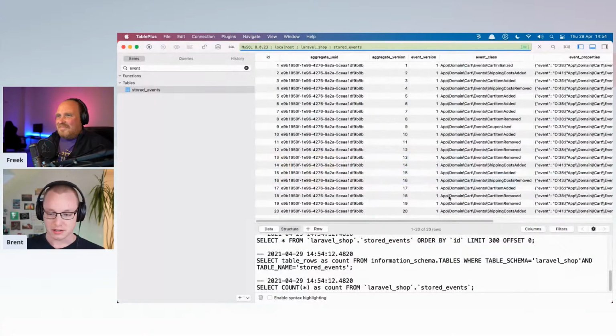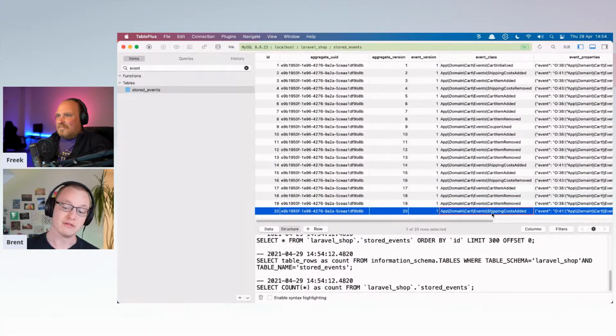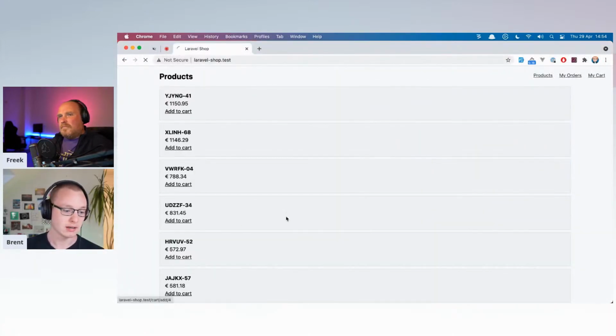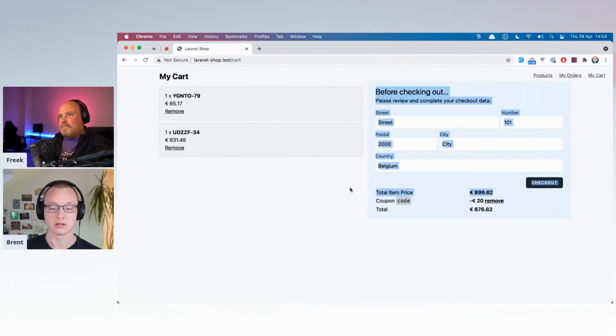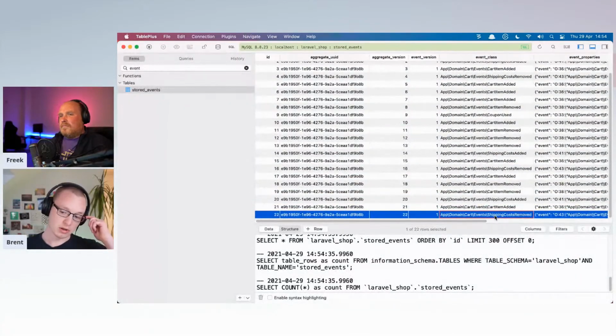So let's refresh our table over here. We remove two items and we can see another event was dispatched, one saying that shipping costs were added again to the cart. And let's add another item again, making our total price more than 100, right? You can see shipping costs were removed here, and the event stream also shows exactly that.